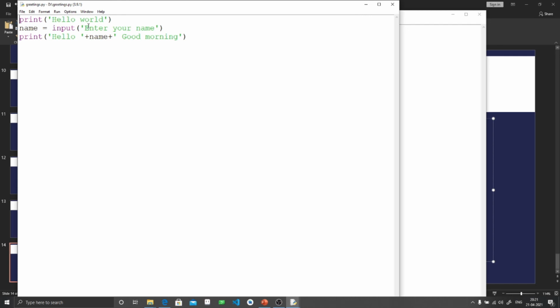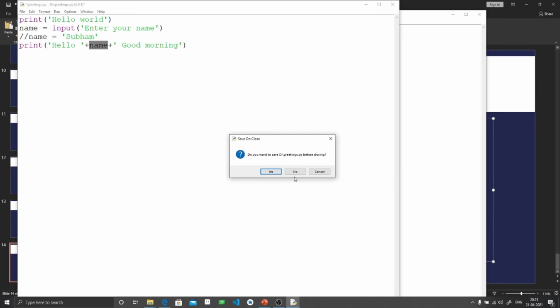This input is giving Shubham to the name variable, so name is now equal to Shubham, and it is printing the value of name here. That is it. It is very simple. That's how we wrote our first Python program.